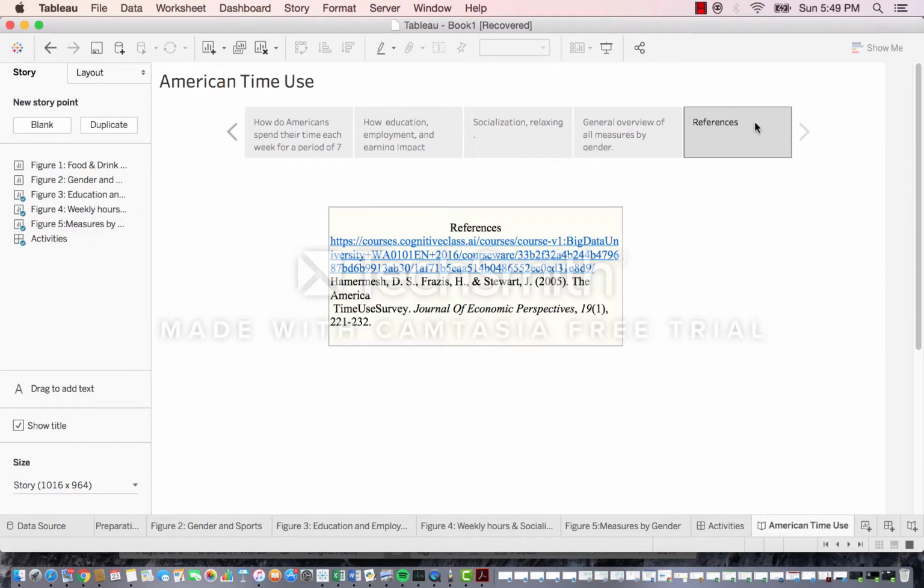Finally, we're going to look at the references. I got this data set from Big Data University, and I believe such an analysis would be beneficial for economic analysis and labor and statistical analysis. You're looking at factors like unemployment rate or employment rate, how households allocate their time for different activities, and how much time is allocated to work. Such an analysis will be very, very beneficial.